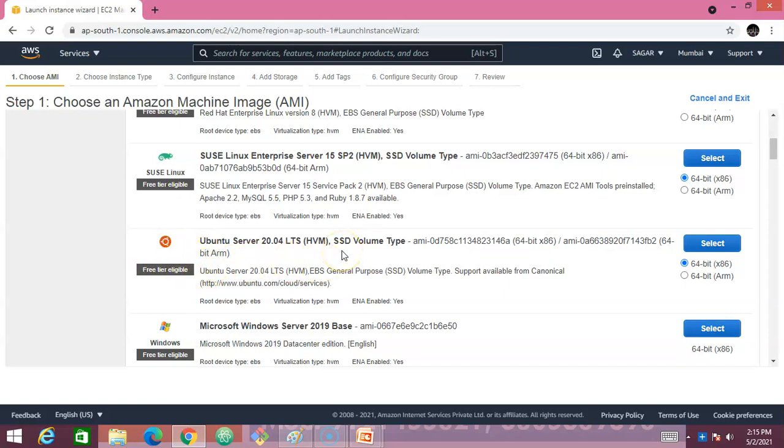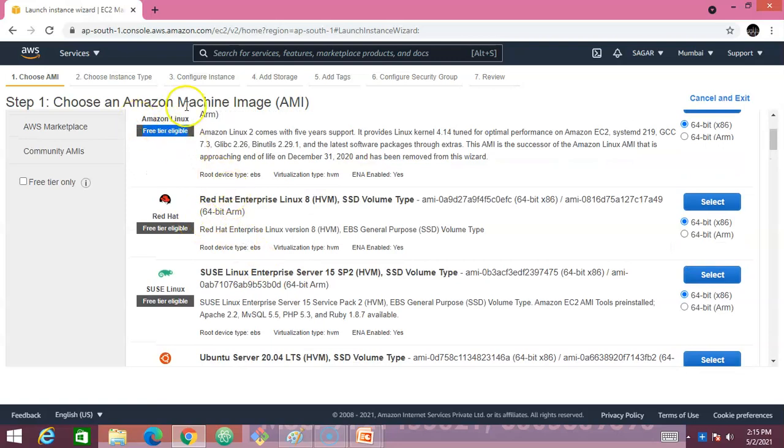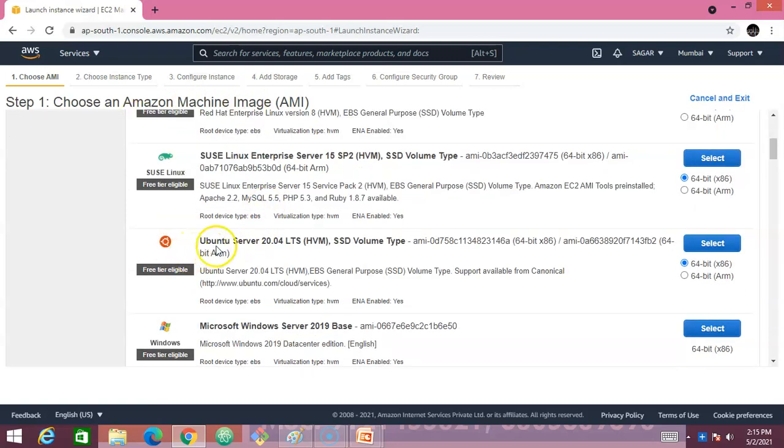AWS provides 750 hours of EC2 instance usage. You can make use of it. 750 hours, if I'm not wrong, is free of cost per month, and for 1 year they'll be providing it to you. So first thing, you select this image. I'll be selecting this Ubuntu server. So click on this, select,